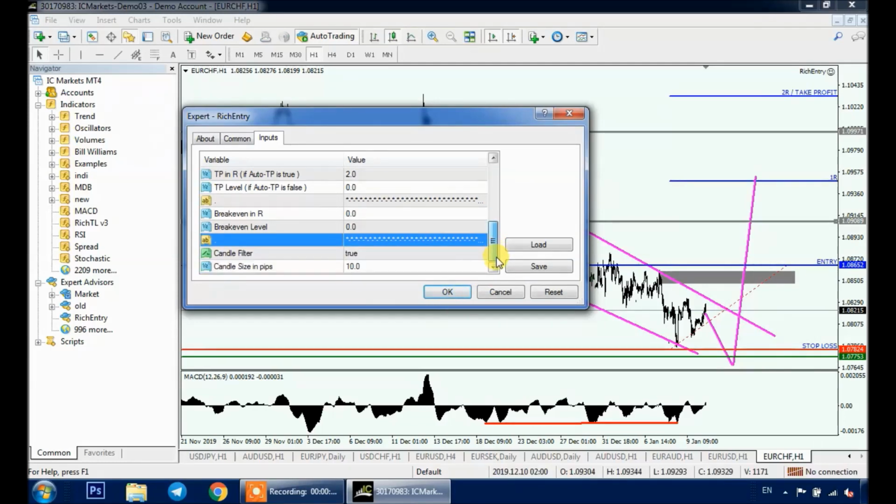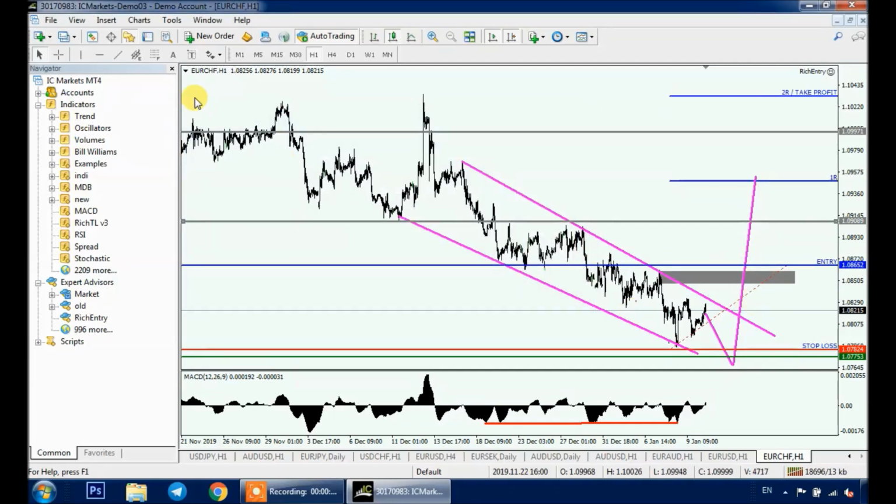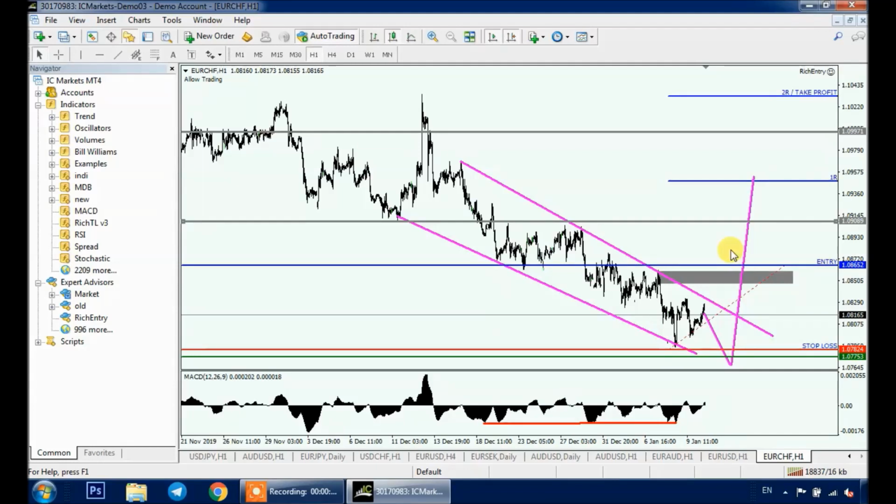Last but not least, you also have a candle filter that you can turn off and on. If candle filter is true, then you need to specify the maximum number of pips that the candle activating the trade can close away from entry. For example, if 15 pips is entered, then the EA will not enter a trade closing above 15 pips. The EA will only enter the trade if the candle that activates the trade closes within a 15 pips range